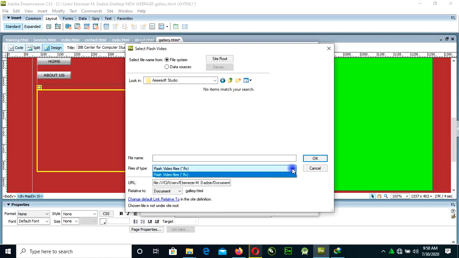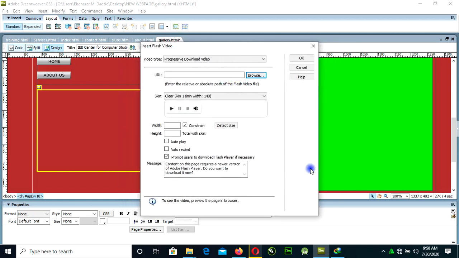But keep in mind that not all videos can be inserted over here. If you want to insert a video, your video must be converted into FLV, that is flash video. FLV helps you insert a video into your website. You can see that I do not have any video there. So I need to